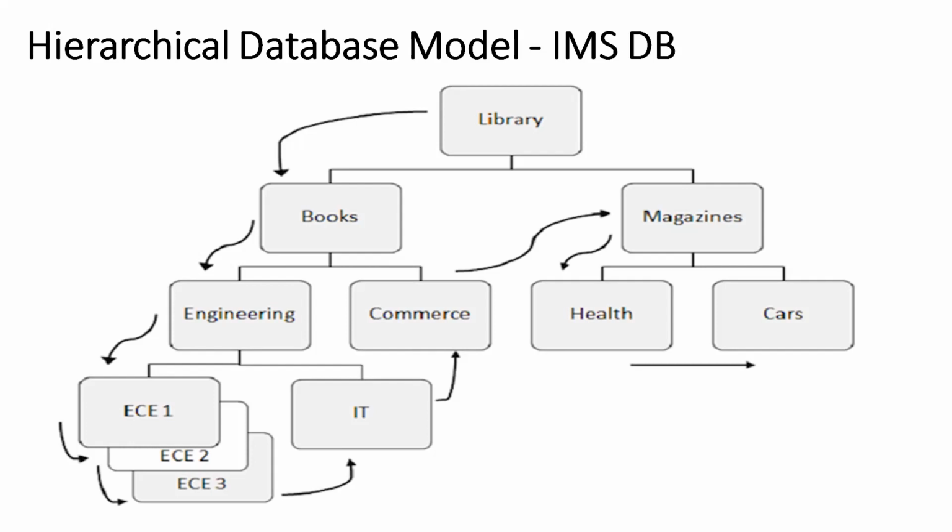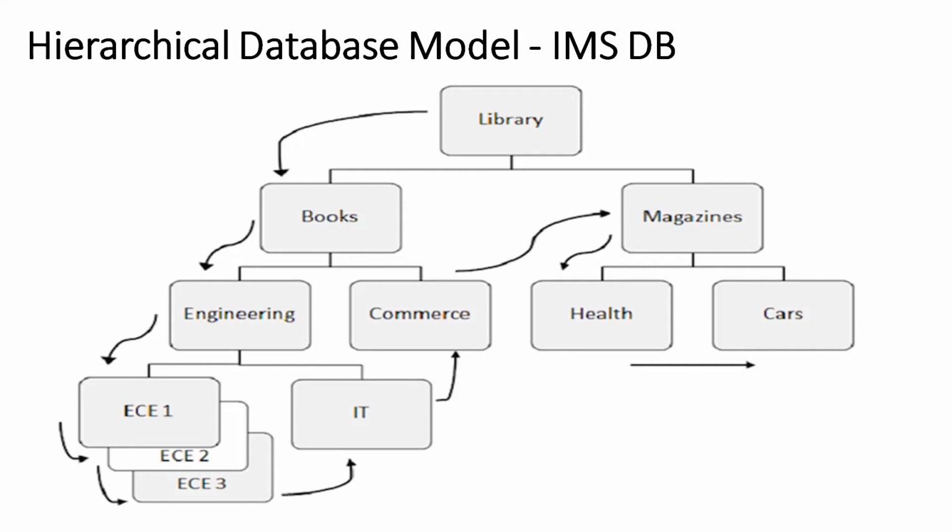Okay, so this is the structure of an IMS database. You can see it is an inverse tree structure, nothing but a reverse tree structure. Library is the root of the tree. You can see branches: books is one branch, magazines is one branch. We call these segments. So library is one segment, the root segment, and books is the next level